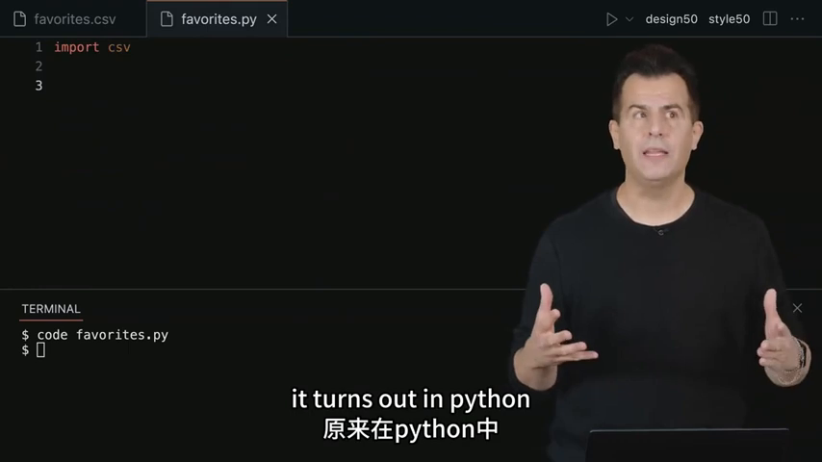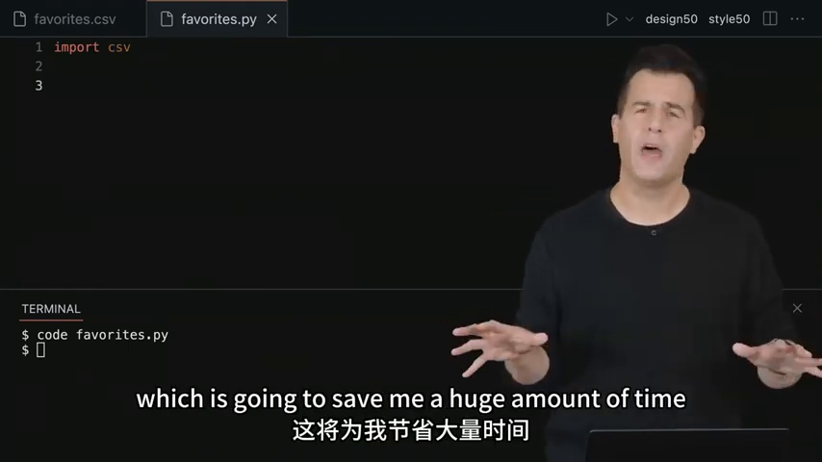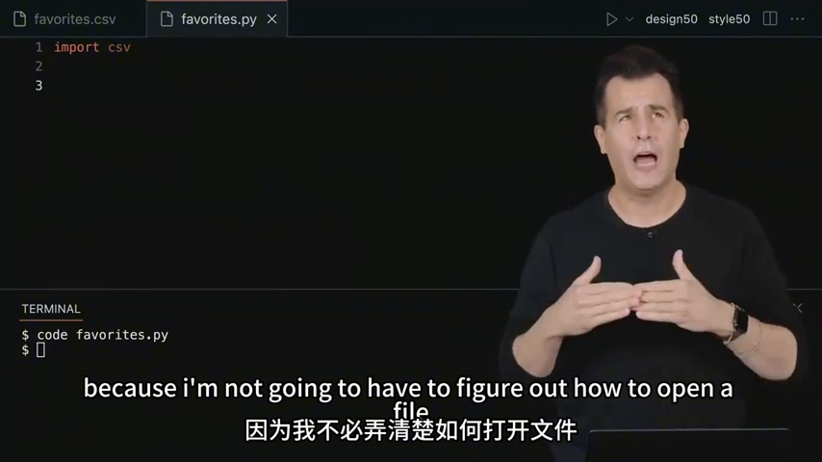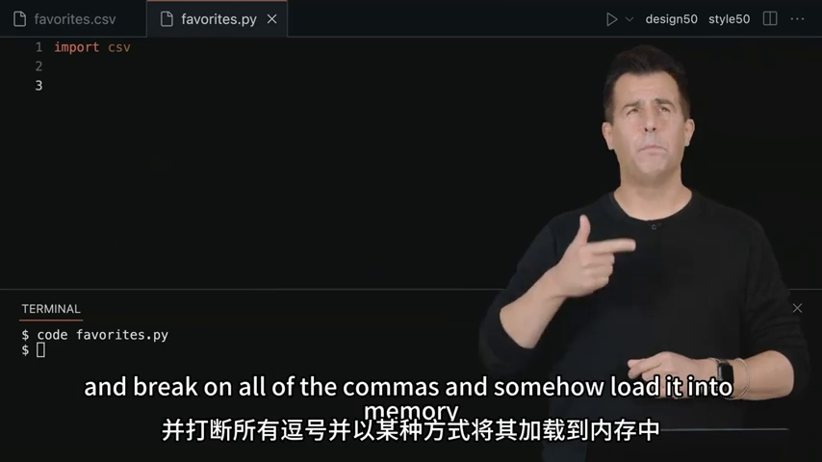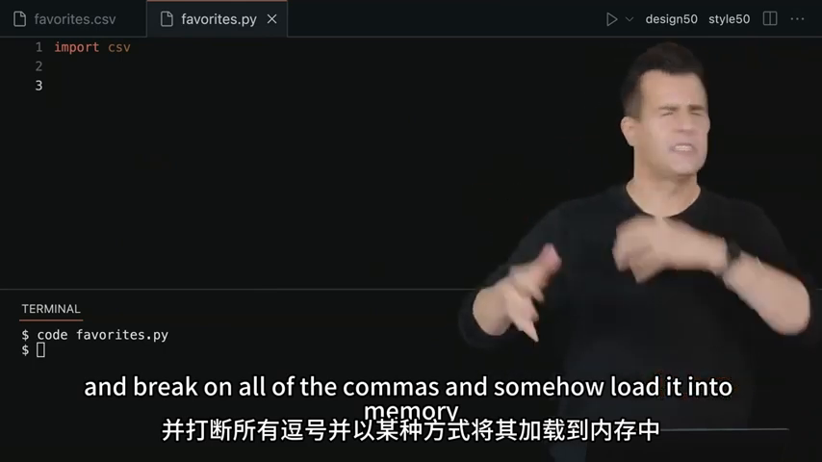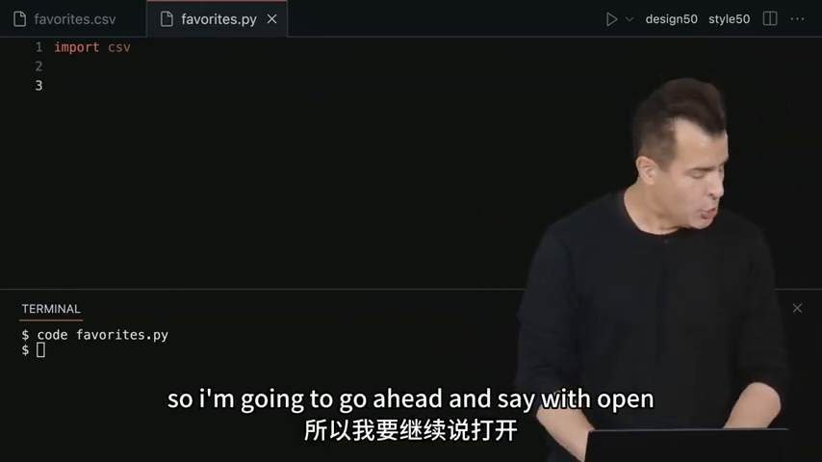It turns out in Python, there's built-in support for CSV files, which is going to save me a huge amount of time, because I'm not going to have to figure out how to open a file and iterate over every line and break on all of the commas and somehow load it into memory. The CSV module is going to do a lot of this for me. So I'm going to go ahead and say